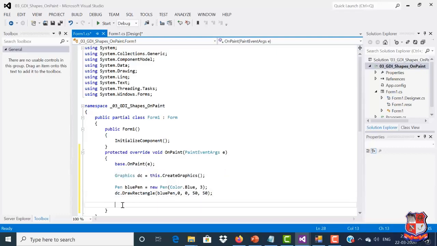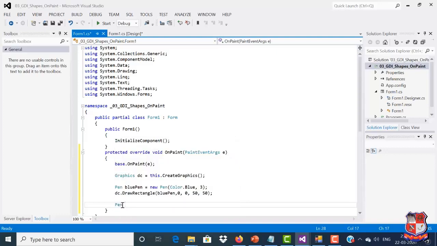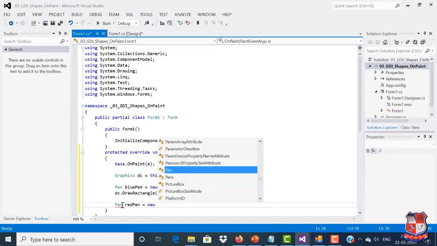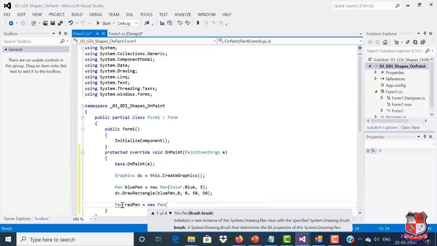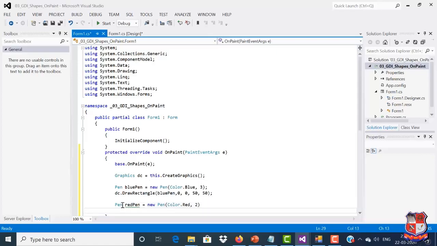Now if we want to draw an ellipse with a red pen, firstly we'll start with an object of the Pen class. Red pen equals new Pen. We'll firstly pass Color.Red comma, size of the pen, that is 2.